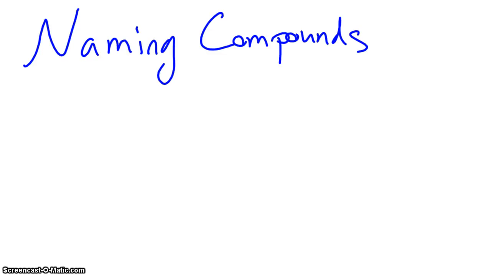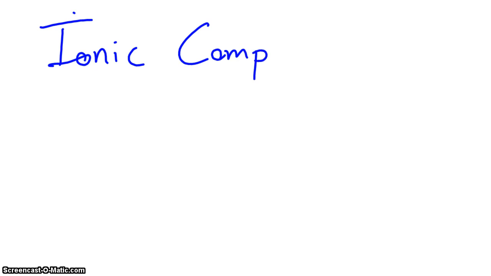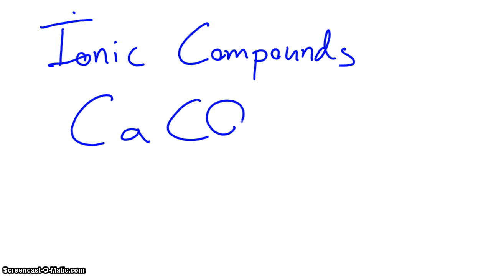I want to give you some examples of how we name compounds, both ionic compounds and covalent compounds. So for ionic compounds, we need to make sure we're looking at how many of each ion there are based on needing to balance out the charge. So if I give you a compound like CaCO3,